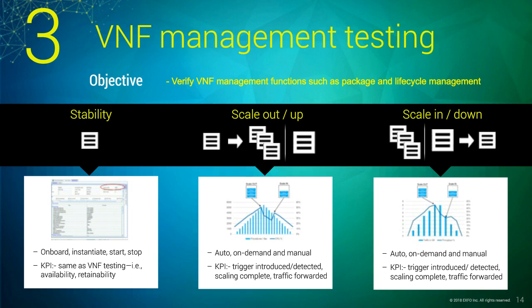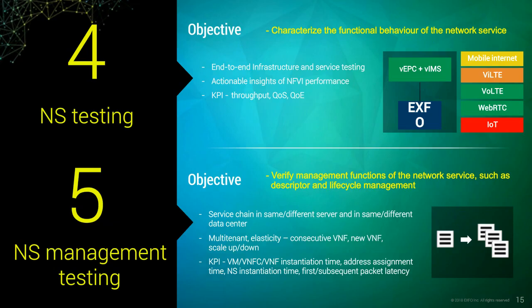The next one, the fourth one, is network service testing. The variables that I talked about in VNF testing are more or less applicable here, but not just for the VNF; it is end-to-end. Because the network service is all about connecting the different VNFs, creating the network service, and testing its functionality horizontally, such as voice over LTE or voice over Wi-Fi. You check that the service is actually working and providing the right KPIs, such as throughput, quality of service, and quality of experience, and so on.